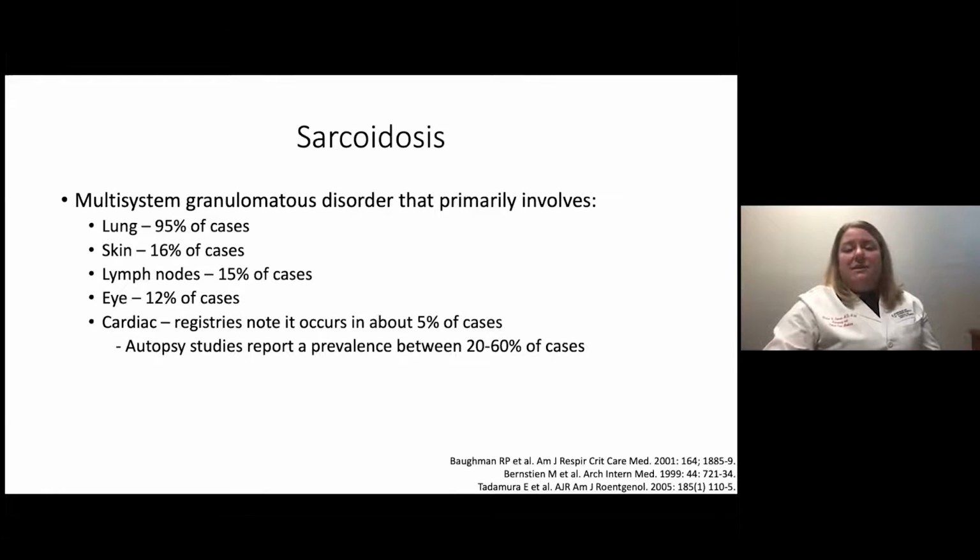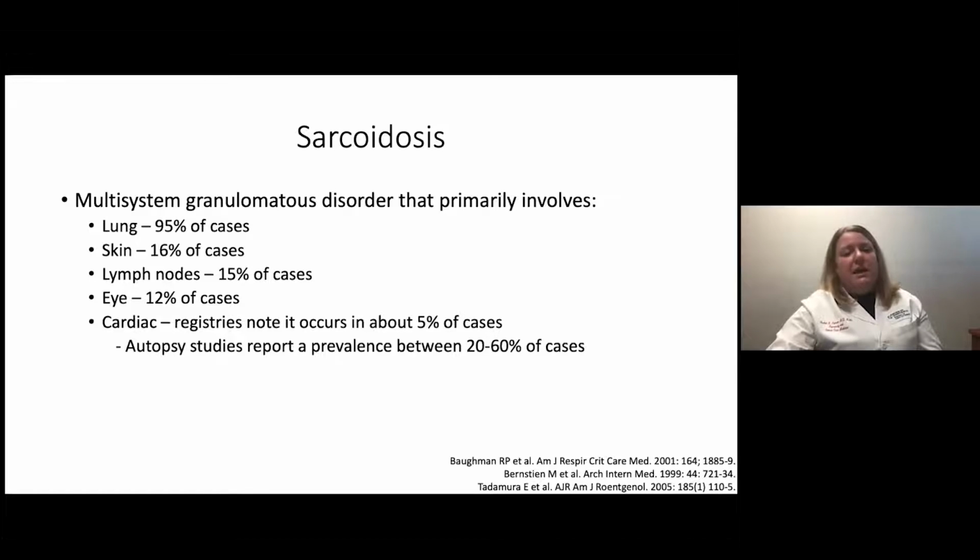It can also involve the skin in about 16% of cases. Lymph nodes are involved in about 15%. It's probably greater than that, but it depends on the stage in which people present. You can get uveitis and eye involvement in about 12% of cases, and cardiac involvement is much more difficult